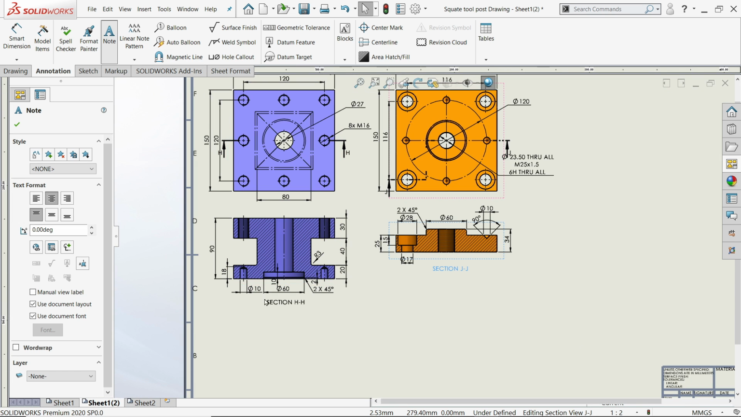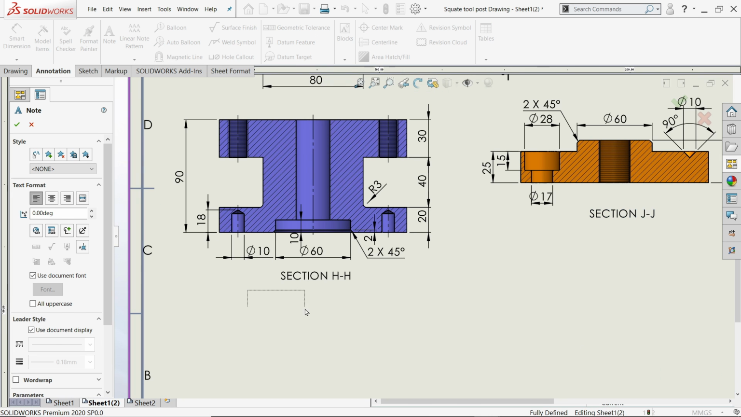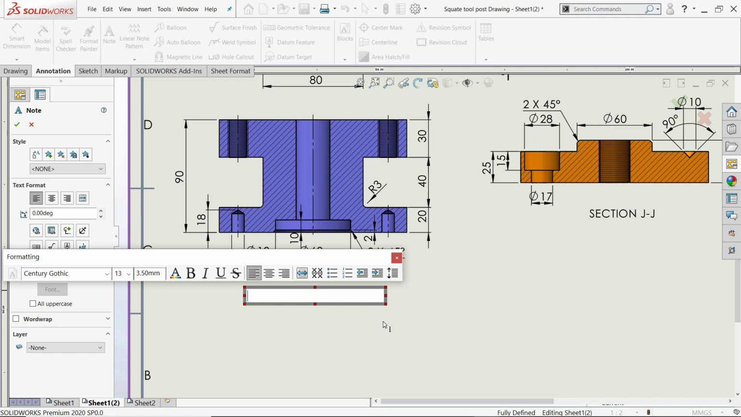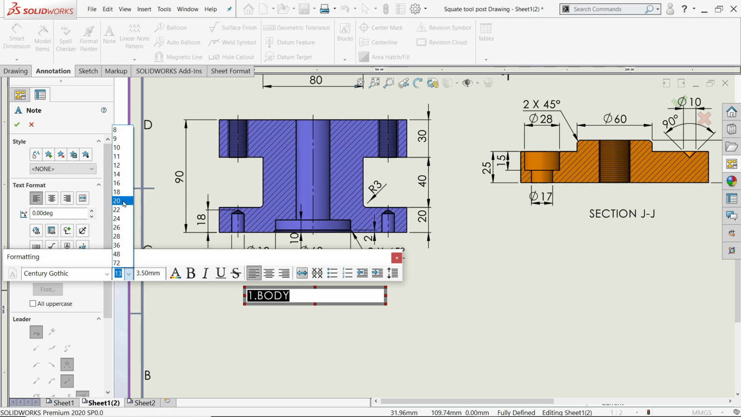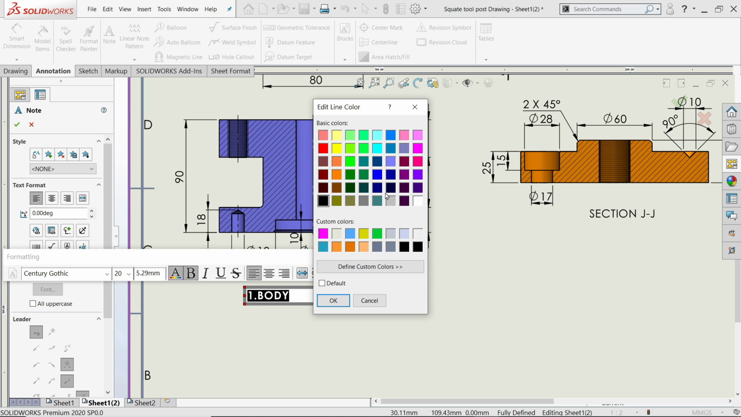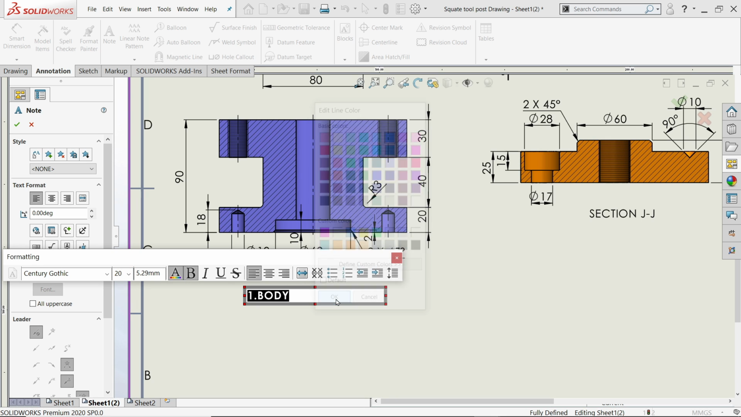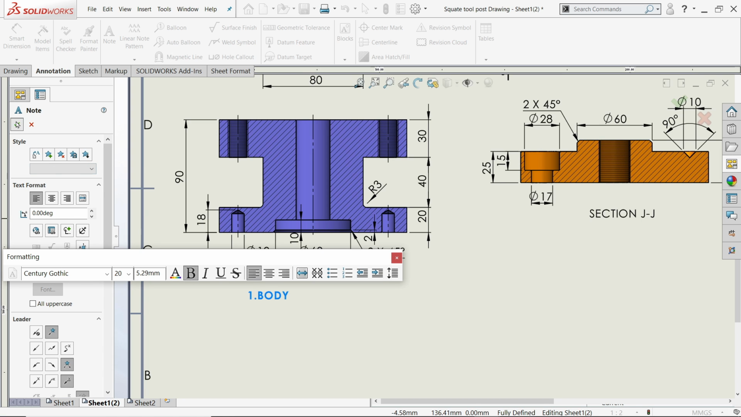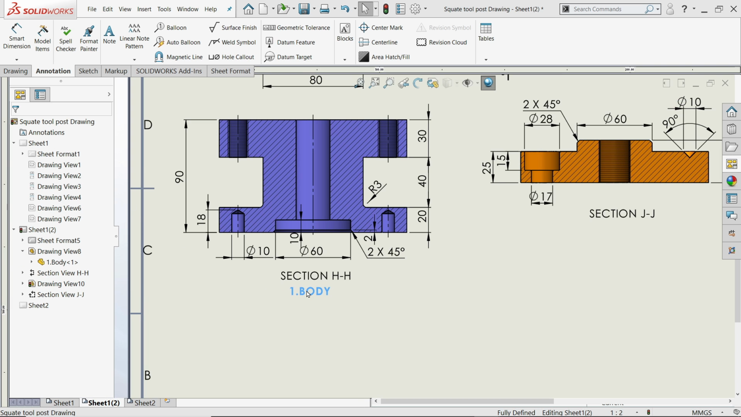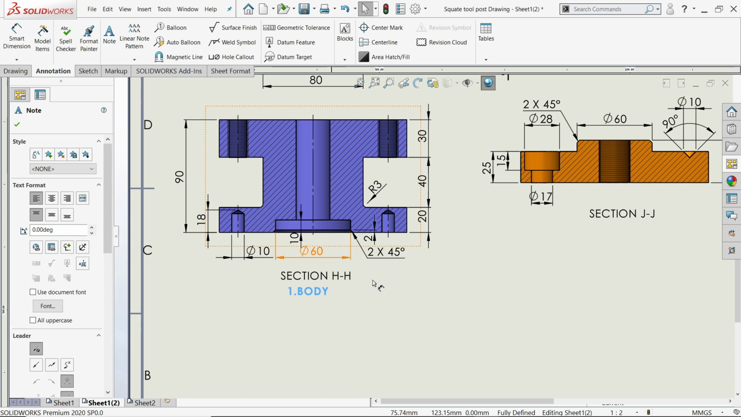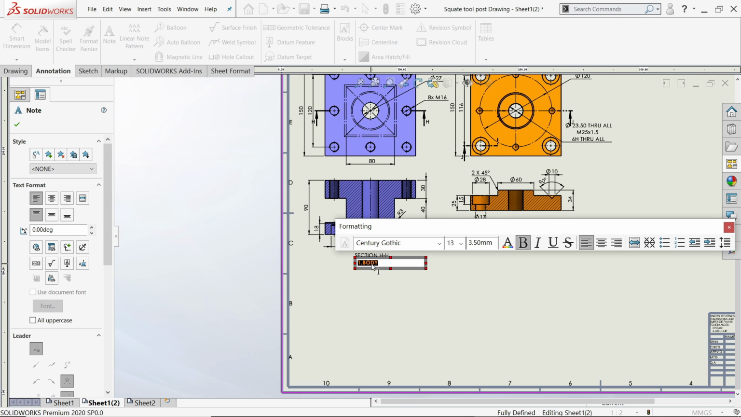Now let's note the first part, let's say 1. Body. Now select and make it bigger, bold, color, try to get a similar color. Okay. Even though this seems so small,